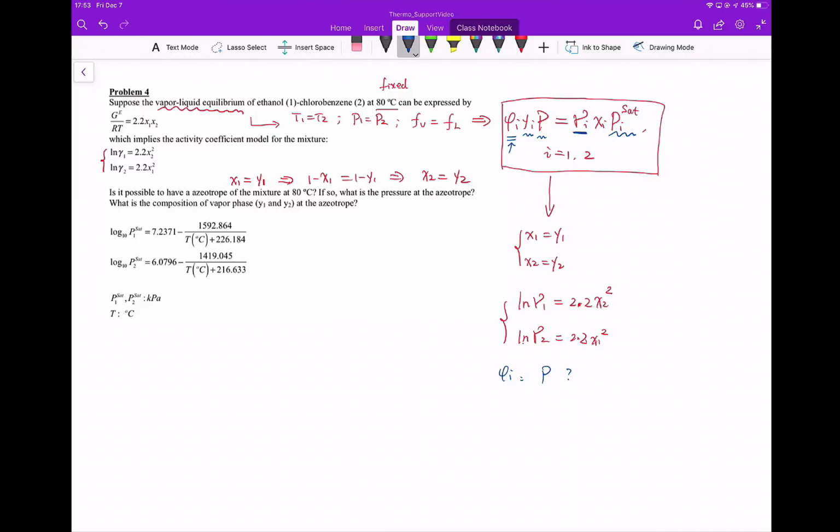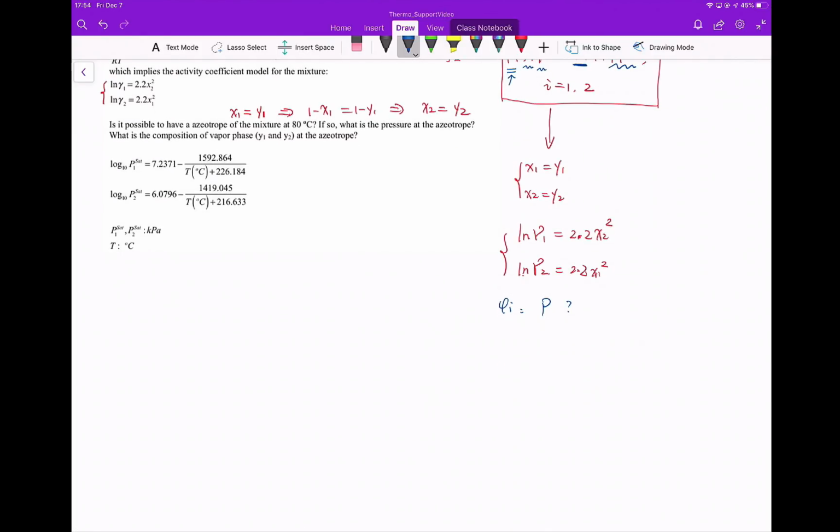How can we do that? Well, the vapor phase is coming from the two components, so let's evaluate their saturation pressures one by one at the known temperature. We know the temperature is 80 degrees. From there we can calculate P1 sat